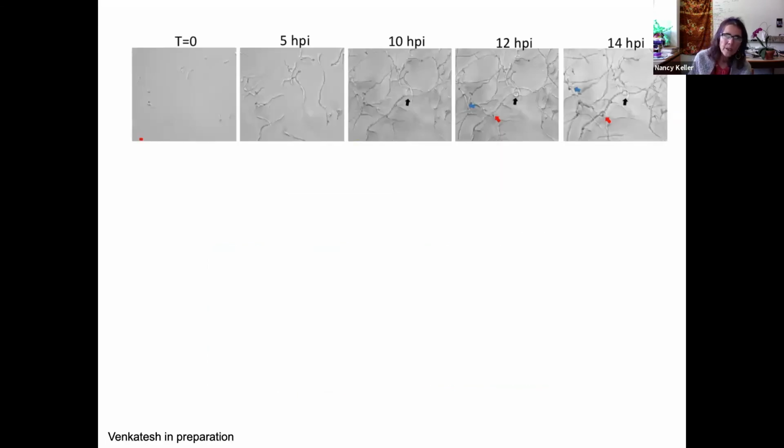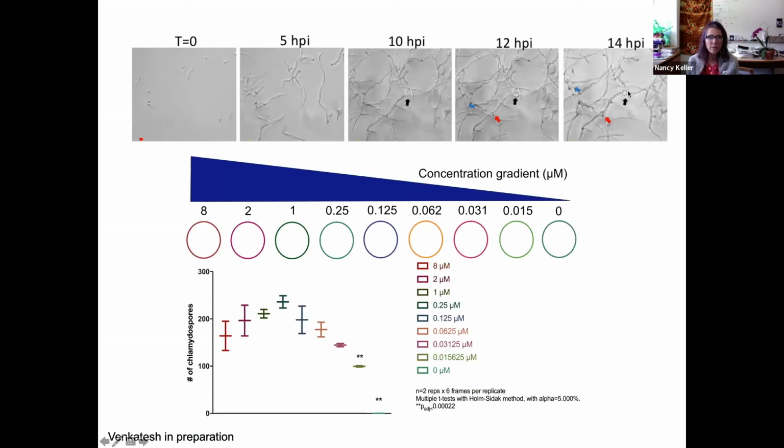Now, to really get deep into understanding what's happening with this interaction with the bacterium and the chlamydospores, Nandita has gotten really much further, and we're very shortly to submit this work. Here is just a time lapse where you can see the chlamydospores forming in fungal mycelium when ralsolamycin is added. Nandita found it takes minimal amounts of ralsolamycin, way less than the bacteria makes, to induce these chlamydospores.